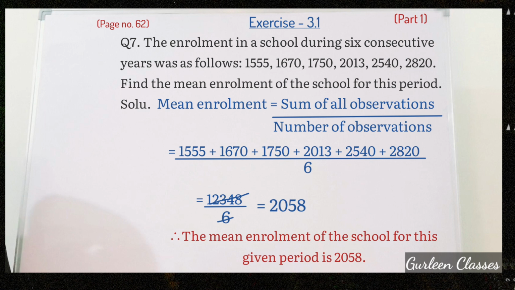So students, question number 8 and 9 will be homework. You have to solve in the same way as I explained to you. You have to find out the range wherever data is given, by highest minus lowest. Whichever is the highest number minus lowest number. You have to find out the mean by sum of all observations upon number of observations.